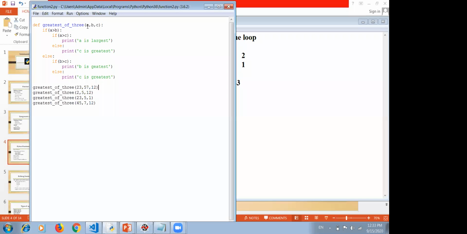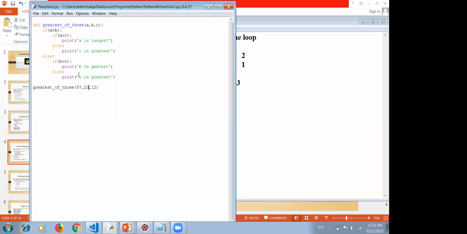Positional means which depend upon the position of the values entered. Now, the parameters that we have passed in this program example are positional parameters, because whatever the value we give in sequence, if I put there 57 and put there 23, obviously A will be assigned 57, B will be assigned 23.